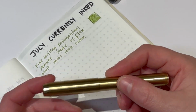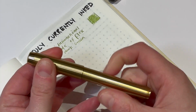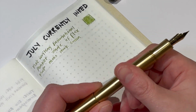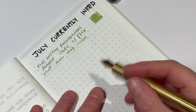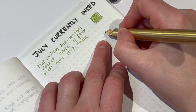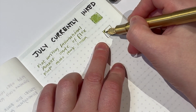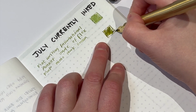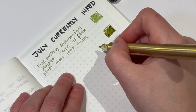Next up is a pen from AliExpress. They just called it the Majang brass. It's another nice little pocket pen. I'm really loving pocket pens, and it's another screw to post. Definitely has some weight to it, this pen, but I really, really like it. And that's also, if you can see there, an extra fine nib. Let's do a little, see, the thing with doing a bigger square is it's going to annoy me that it's not entirely straight. So this is the